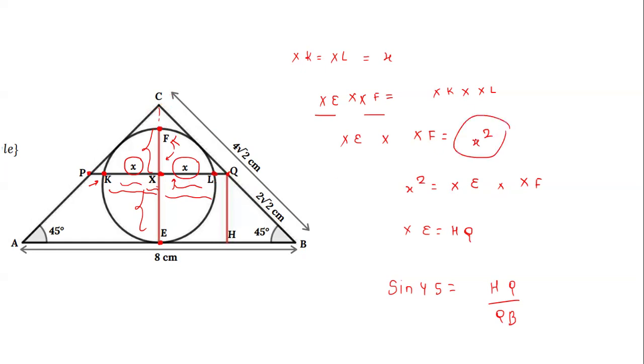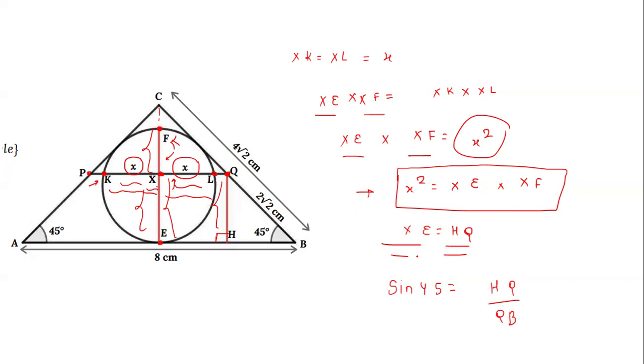So this part will become like X square, and we don't know yet what is the value of XC and XF. So our intersecting chord theorem application will give us this result like X square is equal to XC times XF. Now this is our Q point, and if I draw one perpendicular from this to this line AB, this is 90-degree angle, and this HQ distance you can see is the same as this XC distance.